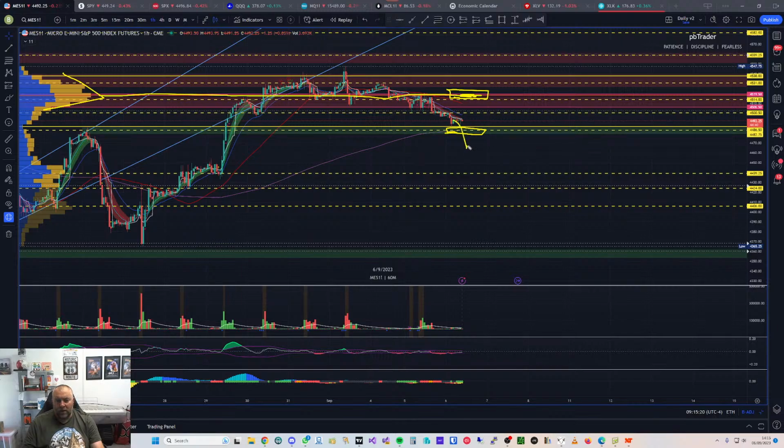If we see weakness, I may look for a break and retest short, because if we do break through, we've got this big gap down and lots of void. So that's another thing to keep an eye out for as well. So this level 45.82, 44.80, 45.482 area, 44.86 is an area to keep an eye out, because if we catch the right side of the move, we could see a nice move in either direction, but hopefully down to here, that'd be a nice move down. Okay, right, have a good